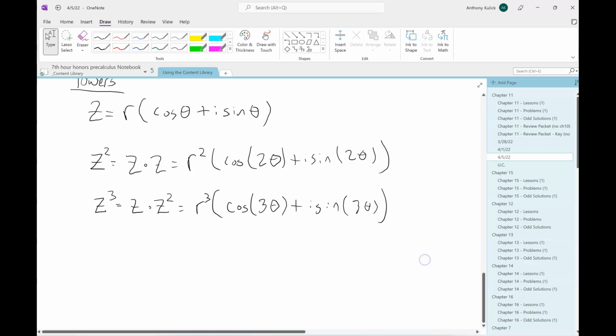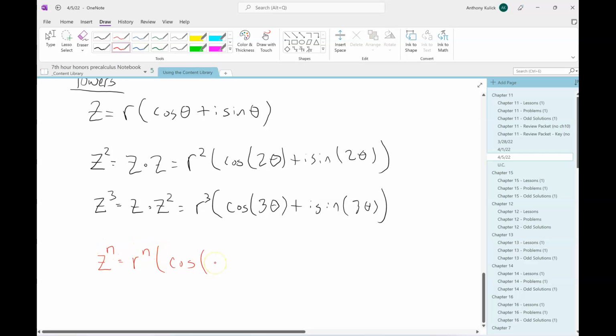At this point, I think I see the pattern. Anybody else see it? I hope so. We'd say z to the n is equal to what? R to the n times,